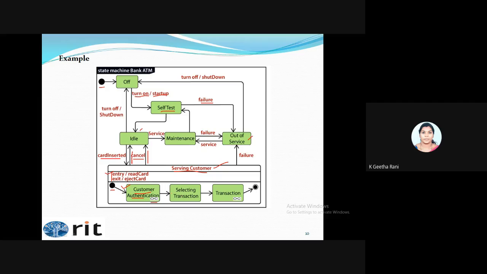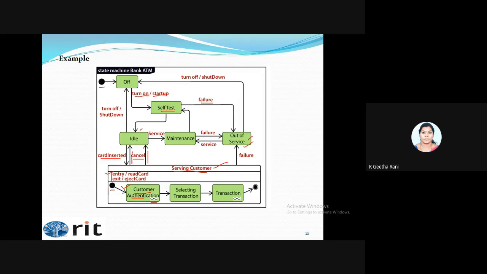Fine. But what happens if there is some failure? Again, it gets into this out of service state. If the card is not able to be read, a failure event is triggered and it gets into this out of service state. Fine. So this is the simple diagram representing how the ATM states change from the off